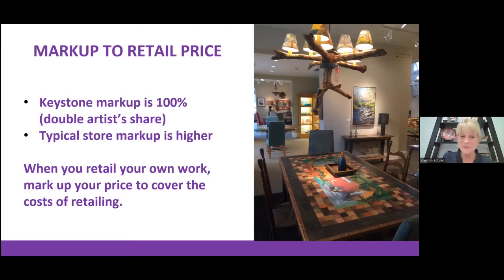And the typical markup is 100%. That's called Keystone. There are some retailers that do mark up more than that. So if you sell your work outright, they may mark up more than 100%. If you're working with a gallery, you will be agreeing upon the retail price. They'll be taking their percentage, and you know that at half the retail price, you are profitable. But when you